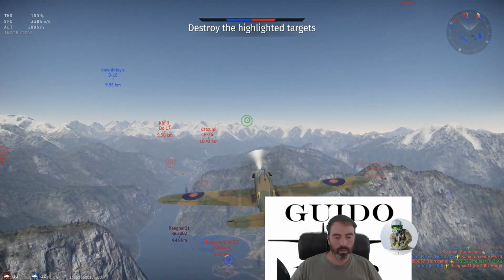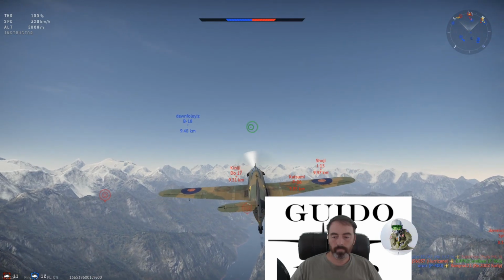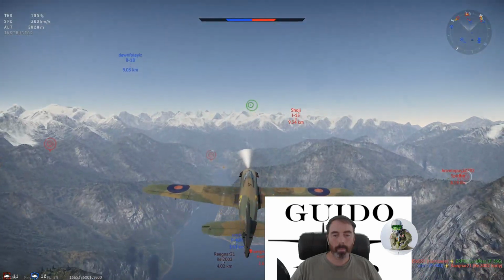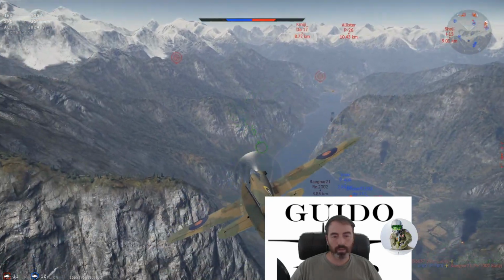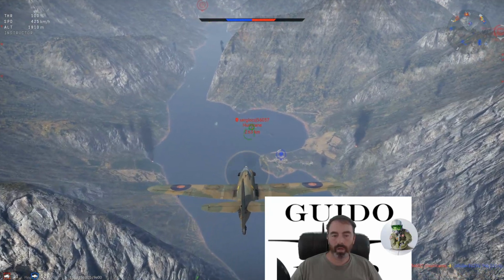I think the little skull means that's the guy that got you. Now we're a little bit more spread out. There's a lot less of them down in there. That's actually pretty good. Looks like maybe they're going after our bomber, or after our...